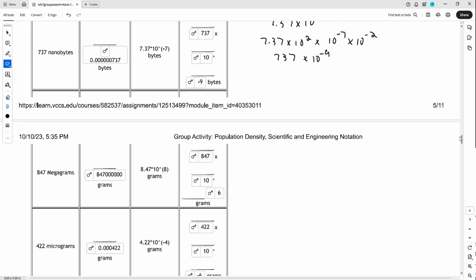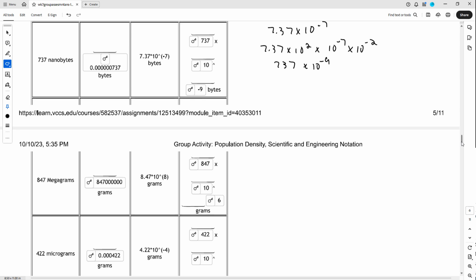And you continue on there. And I'll do a third one. Here I have 8.47 times 10 to the 8th. I can take that up 1, so times 10. So up 1, go down 2. I'll take it down 2 and that'll make this within 100, so I have 8.47 times 10 squared